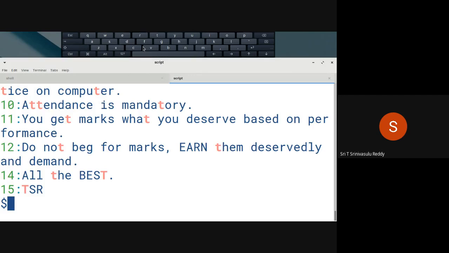For example, you want to display all the lines that contain R dot, right? At the end you want. At the end you want means what? So you can actually give dollar. Dollar stands for the end of the line, right? In grep and many other places. For example, you want to display all the lines that end with R dot. So end with means dollar. So you'll have to specify the pattern followed by a dollar, meaning that it will look for all the lines that contain R dot at the end of the line.